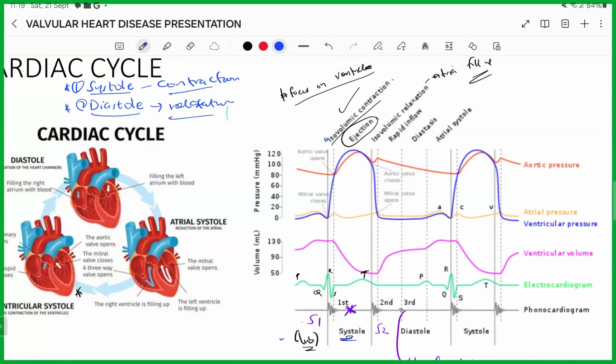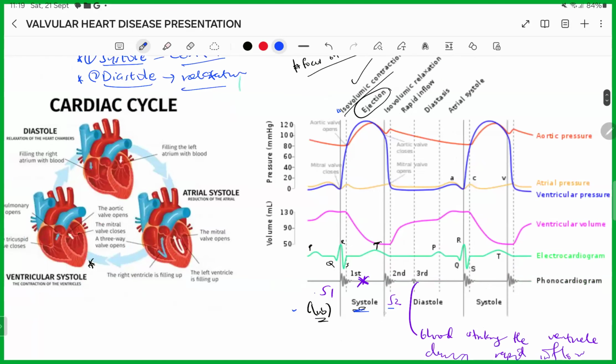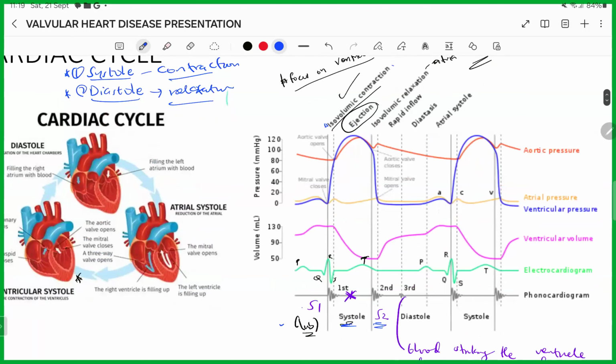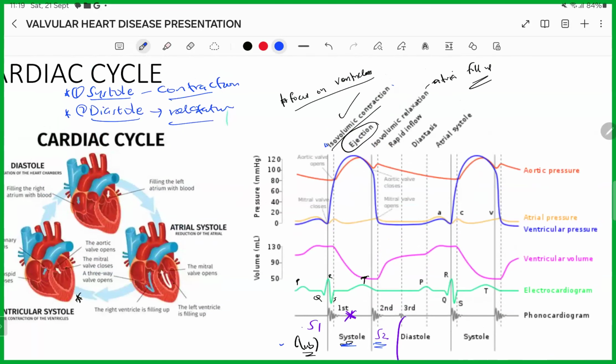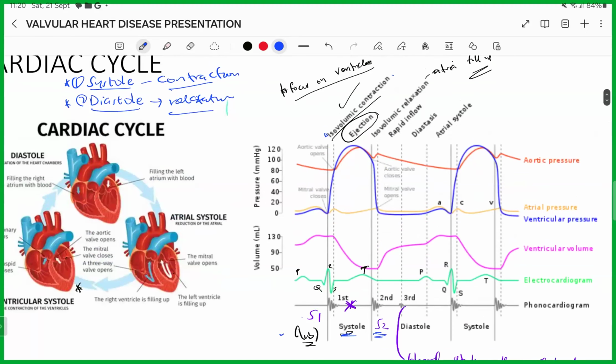And then once those aortic valves have opened, they'll then close. And once they close, that is what marks the start of diastole. And that closure of the semilunar valves is what gives you the S2 heart sound, or the dub. And after that, you will then have diastole, which starts with isovolumetric relaxation, such that you have relaxation of the